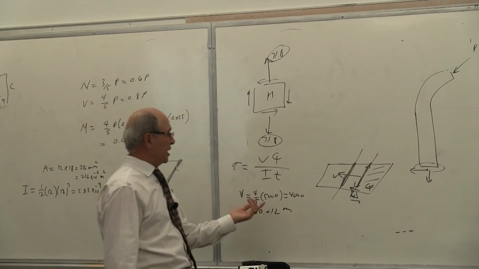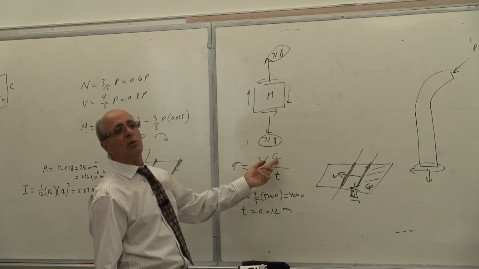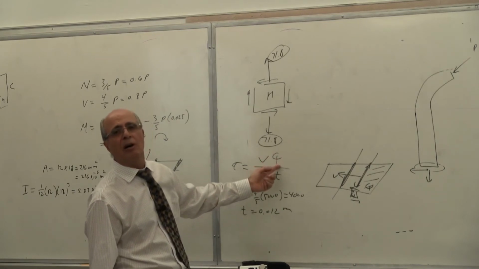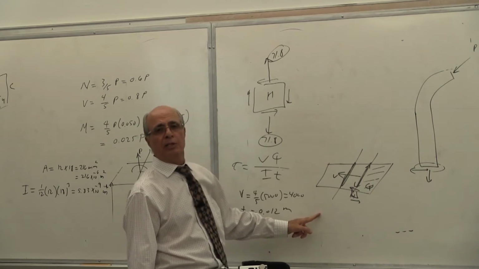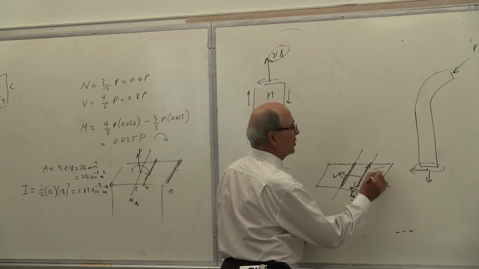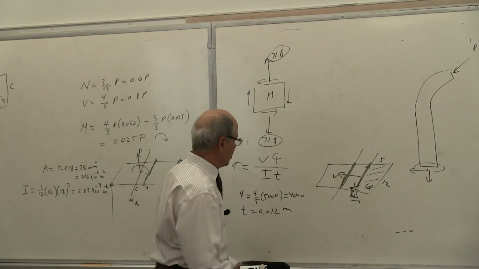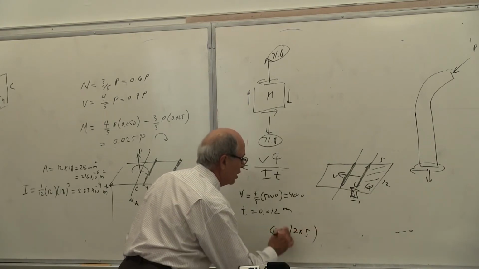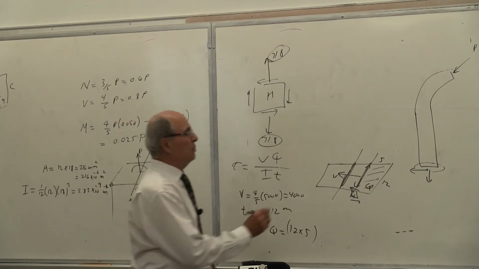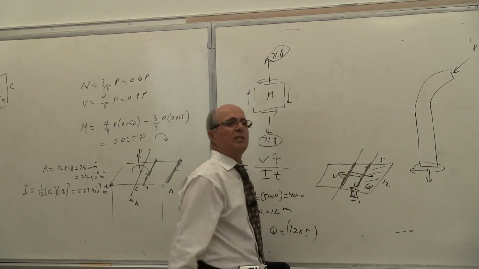The only thing that you actually have to calculate here, that's what the question was really about, is the value of Q, which is Q of this area with respect to the neutral axis. This is 12, this is 5, yes or no? The Q, this is what I was looking for. Q equals, actually some of you did it, 12 times 5 times this distance. Is that correct or not?